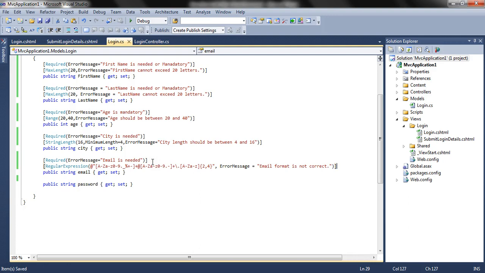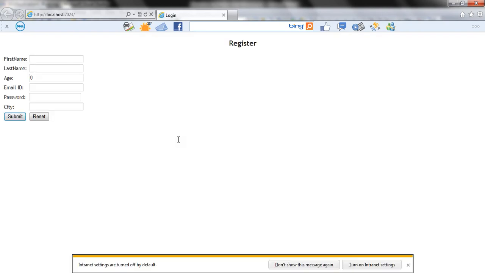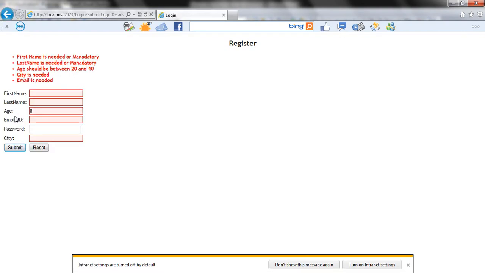So our regular expression is placed well, and let us run the application again. Now if I don't give any email ID, it will show email is needed. If I give an email ID which is something like this, it gives the error email format is not correct. Now suppose I give